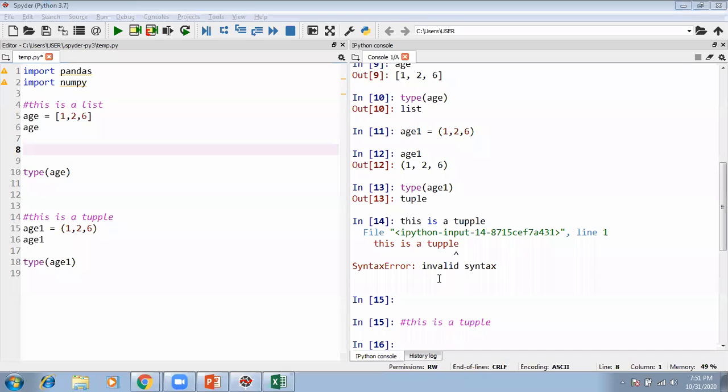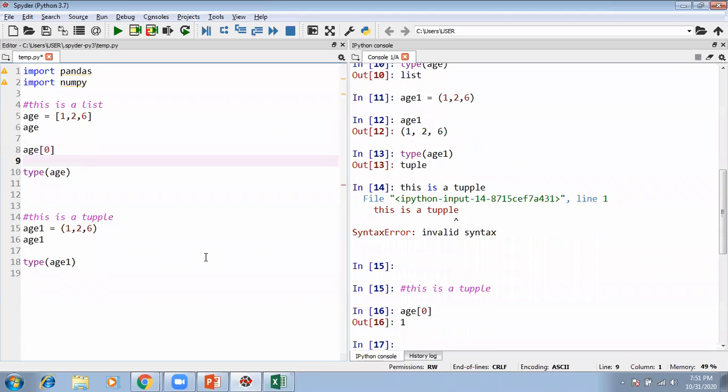Then what I could do is check maybe the first element of this list or maybe the second element. So I can write age, within third bracket, if I write 0, Python understands the first element. Python always starts counting from 0.